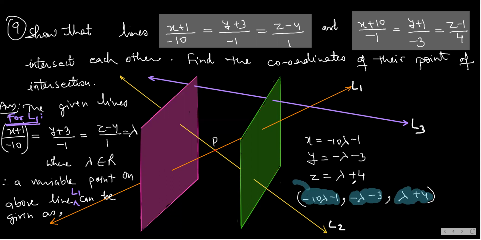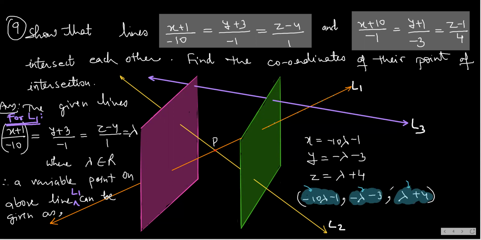They are the x, y, and z coordinates of a variable point on line L1. It means L1 has infinite points on it, and all these points can be given with the help of these three